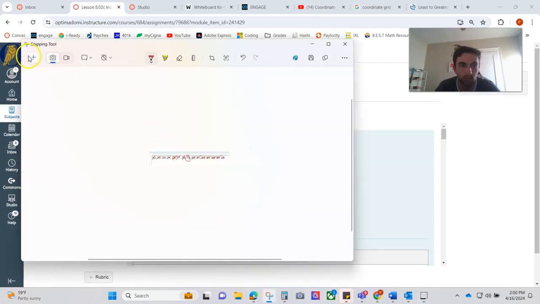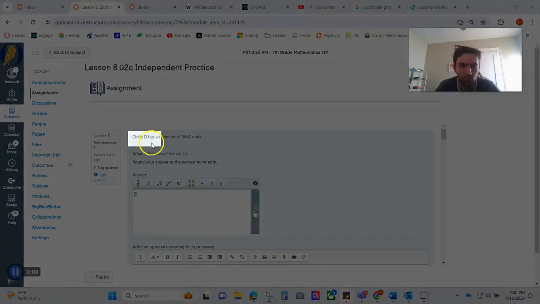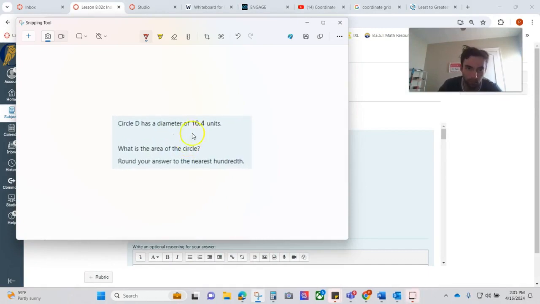Question 1. Circle D has a diameter of 16.4 units. What is the area? The area formula for a circle is area equals